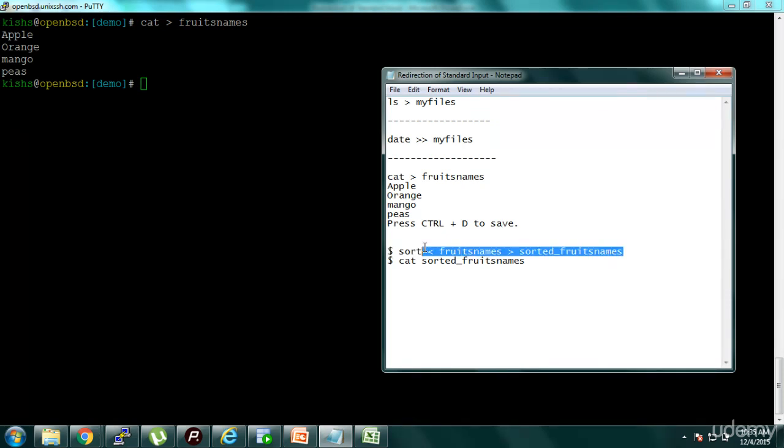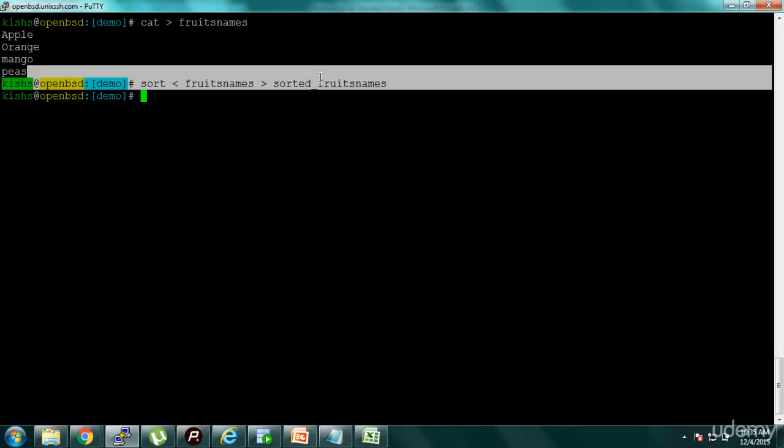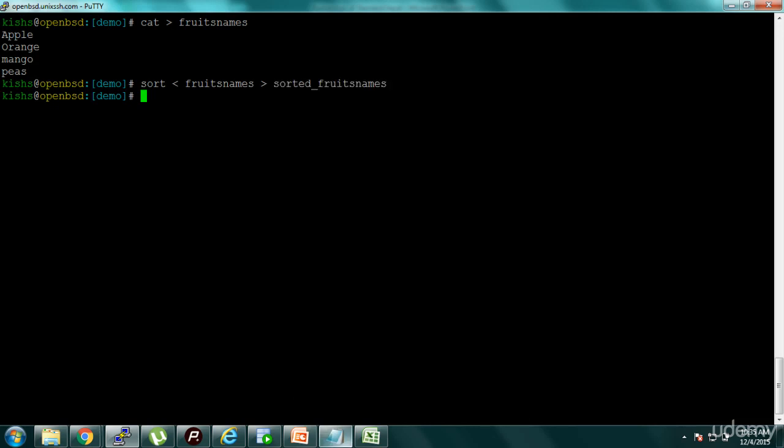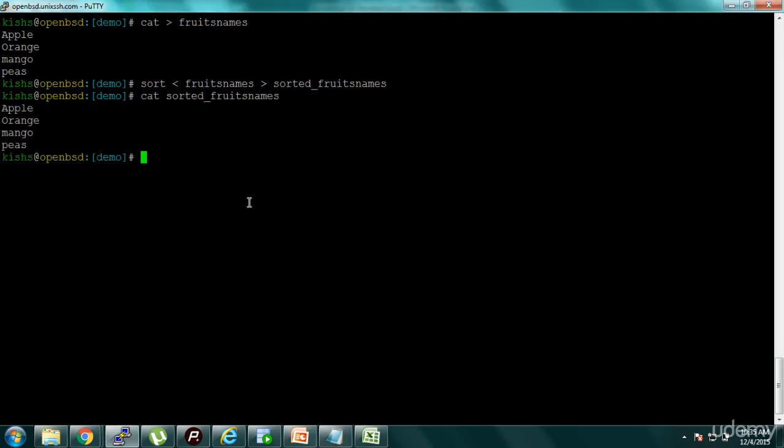Next I run this command, and then I'll display the content of sortedfruitnames. Now I see I have the sorted list.